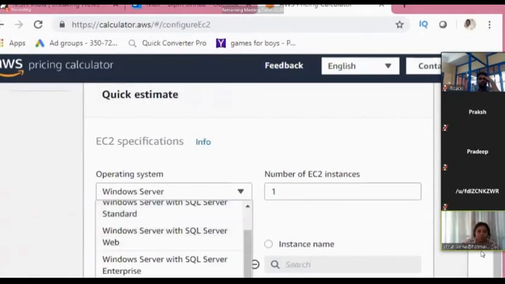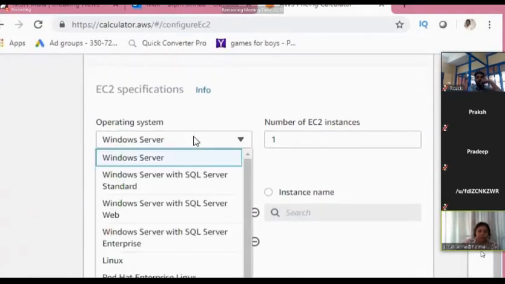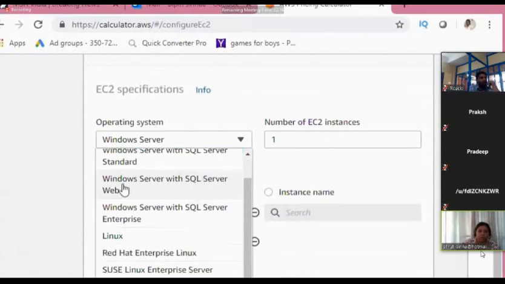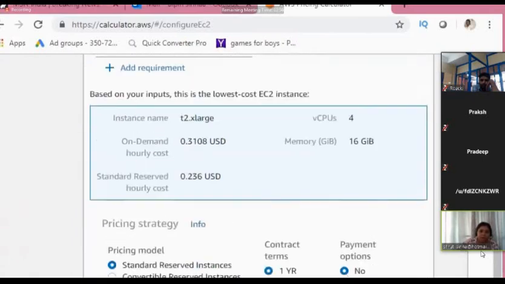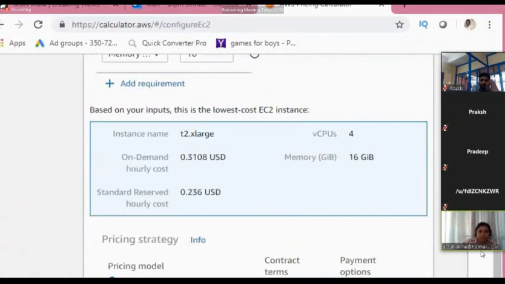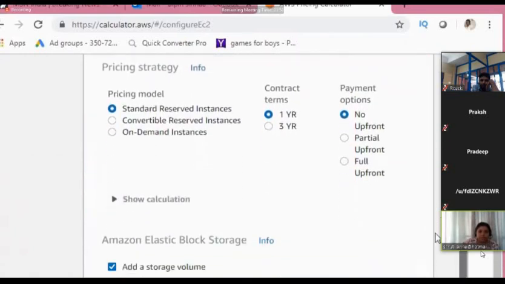Here you can select what operating system it should be, Windows Server, or Linux, or any other, Red Hat. What would you need? Let's say they are doing this purchase for a web server, then you can go for a web SQL, and then you can select what CPU, what memory, what all you need, and how many you need. I need two, three, four. Okay, and then